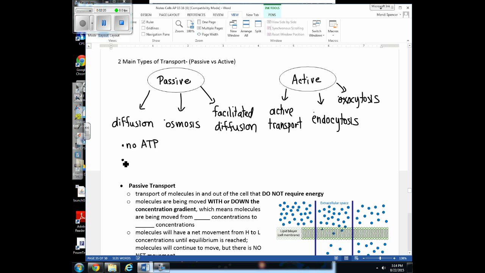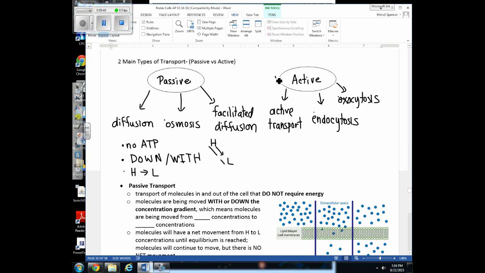Also, substances, molecules, ions, if they're being moved passively by one of these 3 different methods, they're being moved down, or we say with, the concentration gradient. Or another way to say this is molecules are moving from high concentrations to where they're in low concentrations. So I like to envision this diagram. We're thinking of passive transport. We have areas of high concentration, low concentration. So imagine a hill, a high area and a low area. And molecules are going to be moving with the gradient or down the gradient from high concentrations to low